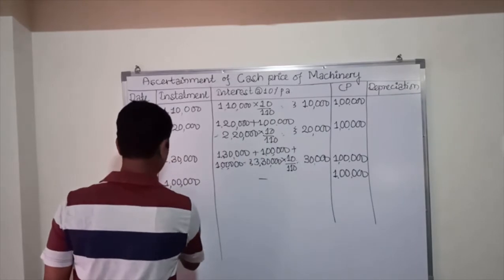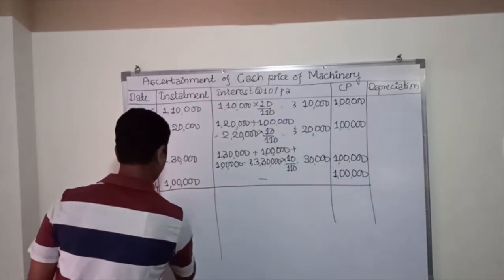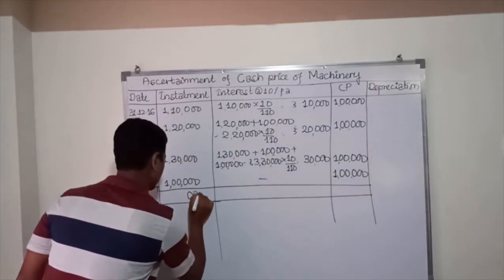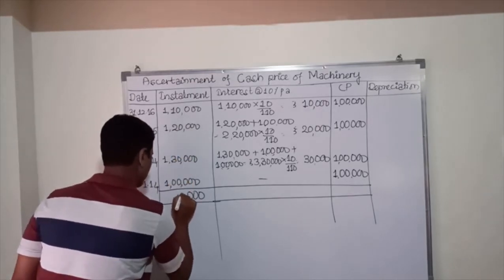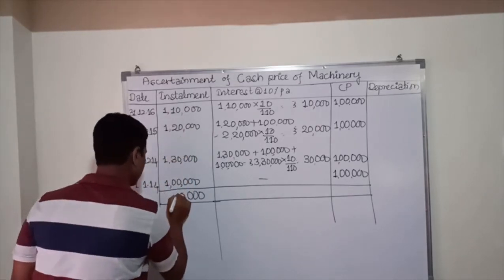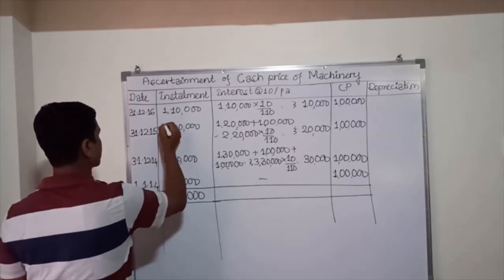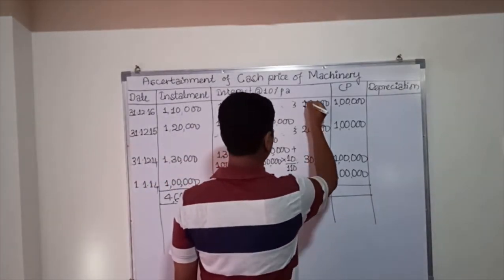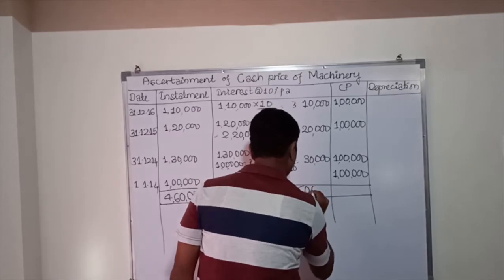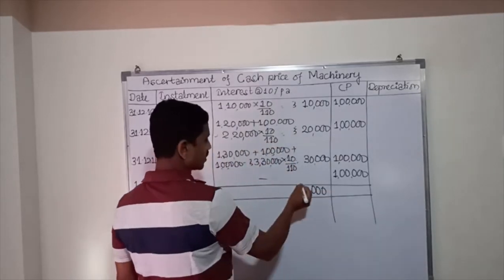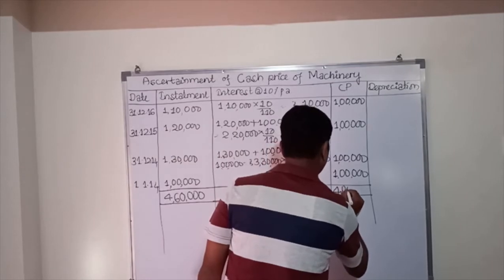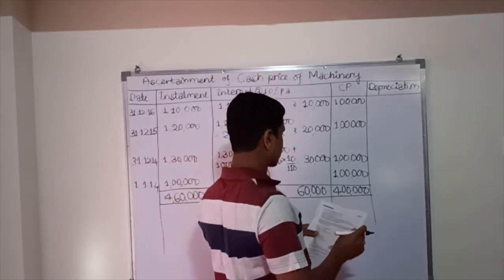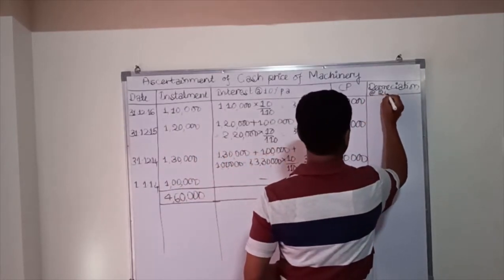So now let us take the total of these here. Zeros, 0, 0 here, 0 here also. 3 plus 2, 5. 5 plus 1, 6. 1 plus 1, 2. 2 plus 1, 3. 3 plus 1, 4. So 4,60,000. 30,000 plus 20,000 plus 10,000 comes to rupees 60,000. Then 4,60,000 minus 60,000 comes to 4 lakhs here. Here also you can check it out. 4 lakhs only. So the rate of depreciation is given in the problem as 20%.